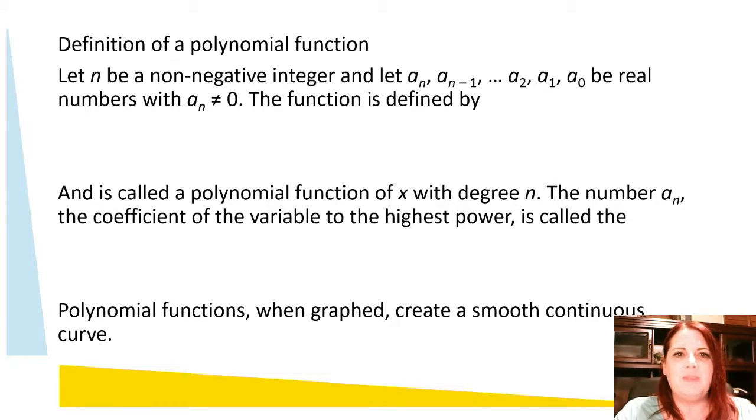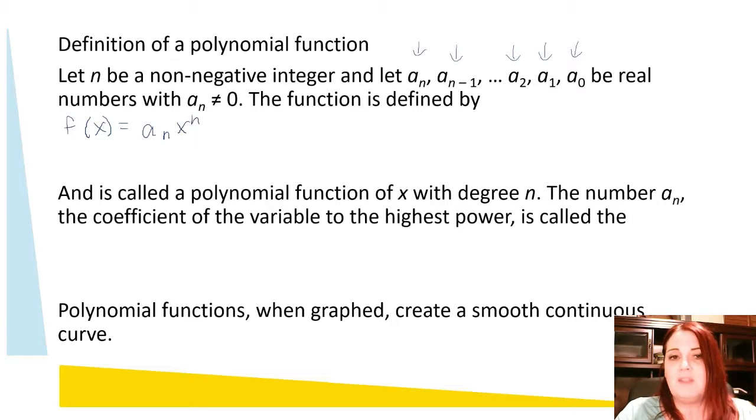If we let n be a non-negative integer, that means it's positive and there's no decimals and no fractions, then we have several real numbers that will become our coefficients. They're going to be real numbers, and that first one, a sub n, is not going to be 0. Some of the others could. And then we define our polynomial function as the function f of x is equal to a sub n x